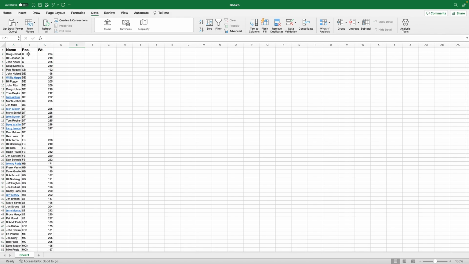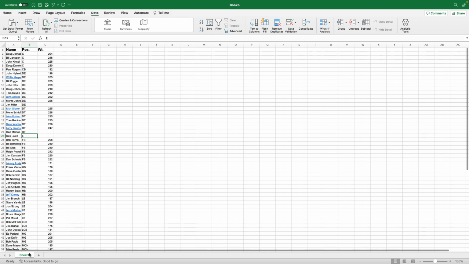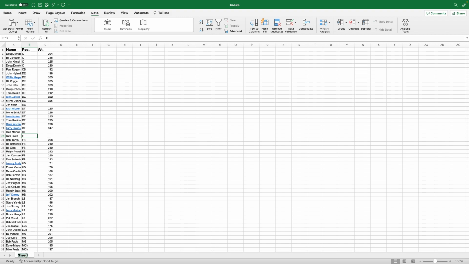So I have all of the centers here, and then the smallest to the biggest centers. So you can see that there. And then I have one cornerback, a whole bunch of defensive ends, defensive tackles, and fullback. And they're all sorted then by their weight too. So that's step one. That's my first sheet, and I'm going to name my sheet by double-clicking on it and